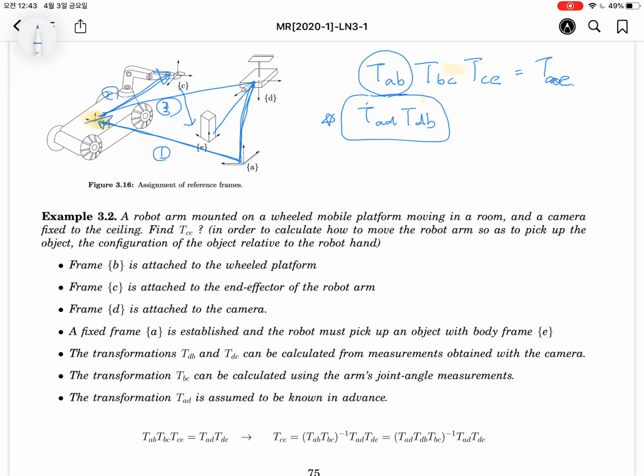So TAD and TDE can be achieved using the camera. We know all the elements, but we don't know TCE. So TCE can be obtained using this kind of multiplication or inverse. Like this, we can assign the robotic task using the homogeneous